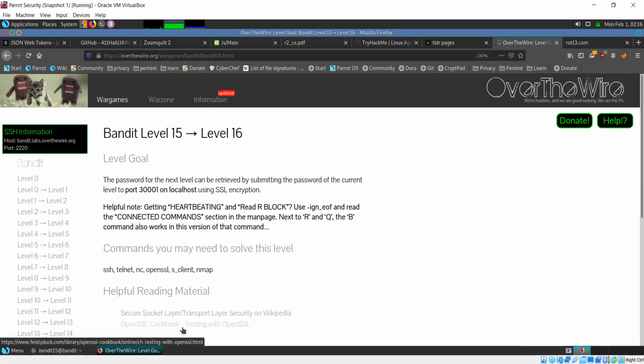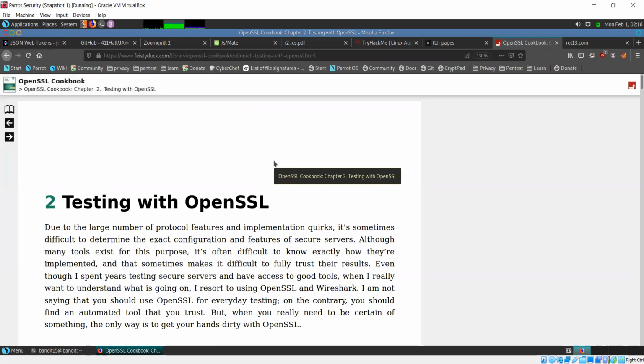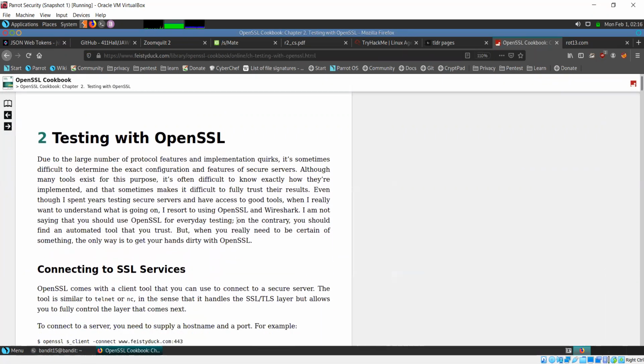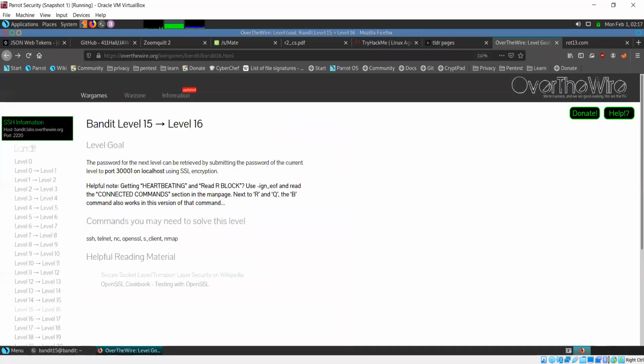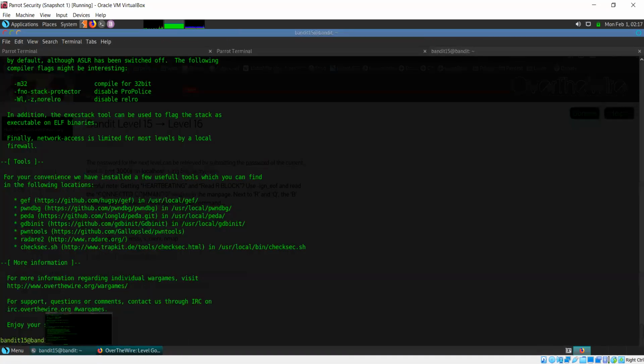So if you come here, in case you're not familiar with OpenSSL, you can just follow this link and look at the first command that you see here. This is the command that you need to connect. OpenSSL s_client -connect, and then wherever you need to connect.